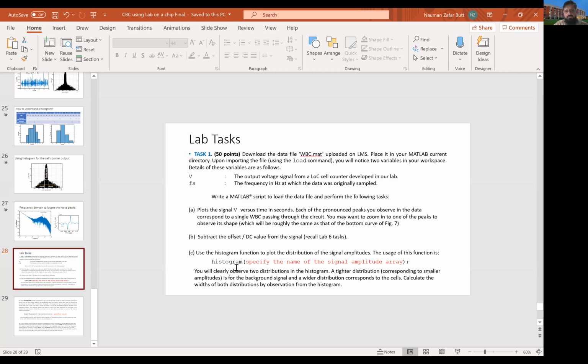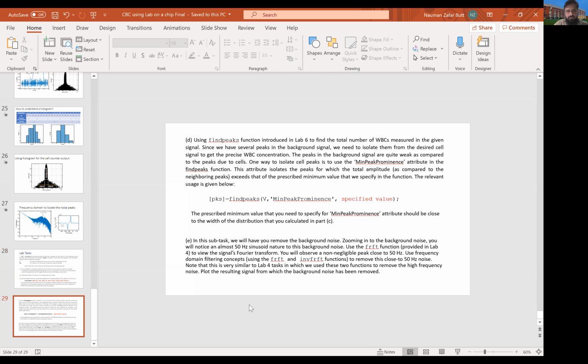And in the part C, after you do this subtraction जो आपने DC की करनी है, तब आप हिस्टोग्राम की कमांड यूज़ करेंगे, जो अभी हमने आज उसको थोड़ा बहुत डिस्कस भी किया है। और आपको इस हिस्टोग्राम की कमांड के अंदर जो आपका ये जो वोल्टेज V का वेरिएबल आप उसको देंगे, तो यू विल एग्जैक्टली सी दैट वो जो हमें 2 ओवरलैपिंग डिस्ट्रीब्यूशंस नज़र आ रही थी, यू विल सी देम। और फिर आप उनकी विड्थ्स को कैलकुलेट करेंगे बाय मैन्युअली ऑब्जर्विंग इट ऑन योर मैटलैब फिगर।